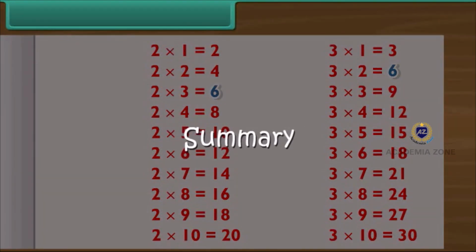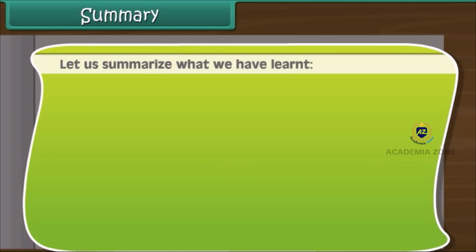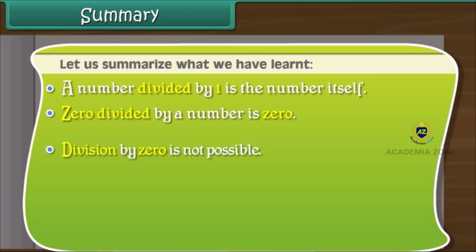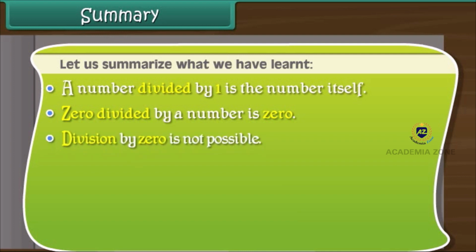Summary. Let us summarize what we have learned. A number divided by 1 is the number itself. 0 divided by a number is 0. Division by 0 is not possible. These are the symbols of